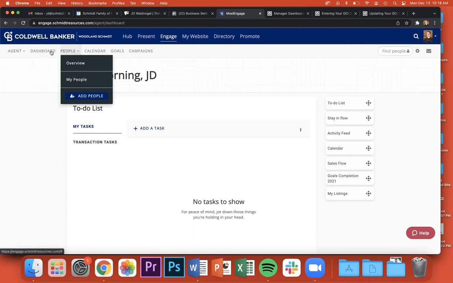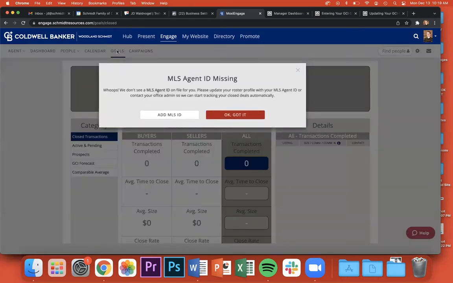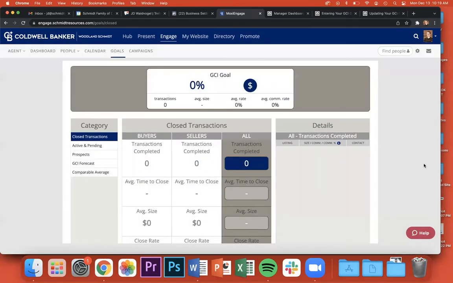And along this top bar here, you've got dashboard, people, calendars, and then you've got a section that says goals. So I'm going to click on goals right here. And it's telling me that, okay, I'm not an MLS agent, so it's not going to show up. But this goal section is a really cool page overall, because it's going to show you all of your information,